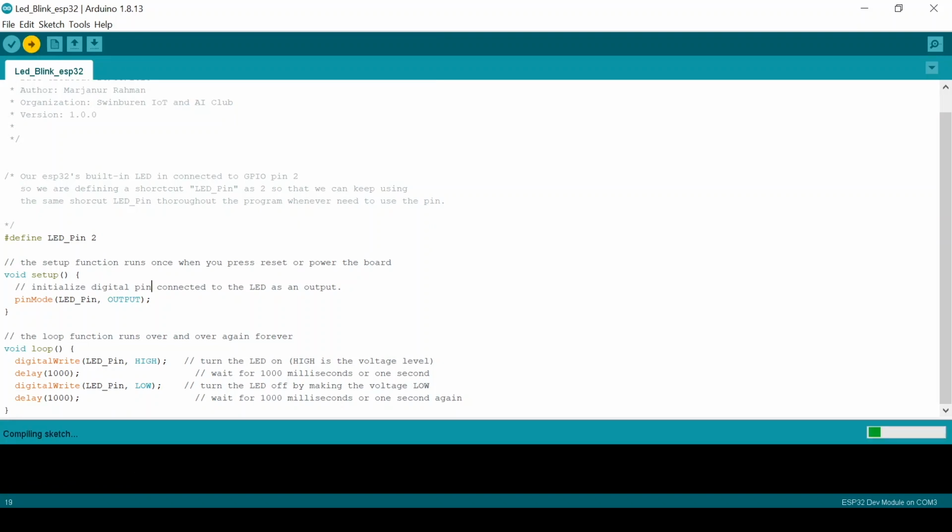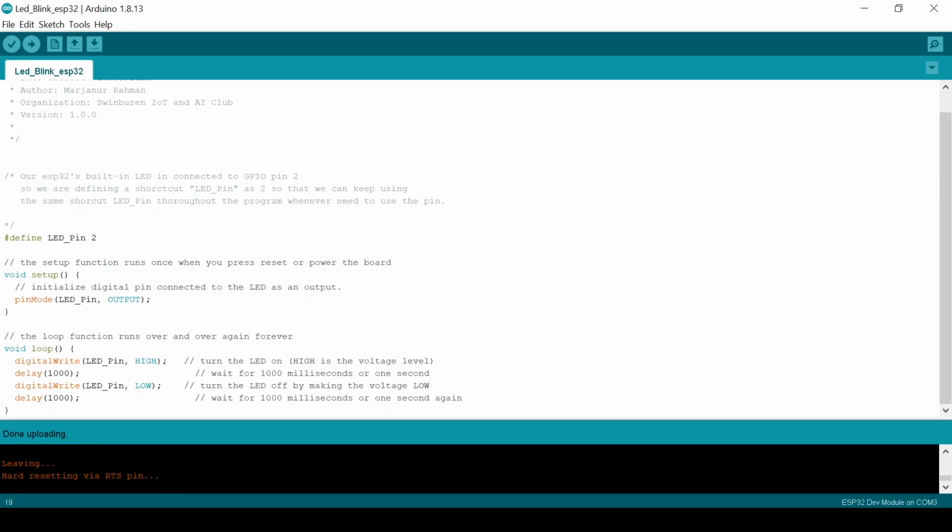Go and hit it. It will take some time for compiling the sketch, which means taking the C++ code and converting it to machine language so that it can be uploaded to the device. So yeah, ESP32 is quite fast, faster than many other Arduinos that you guys might have used. So see, it just took a few seconds to get it uploaded. When it says leaving hard reset via reset pin, that means the upload is done.